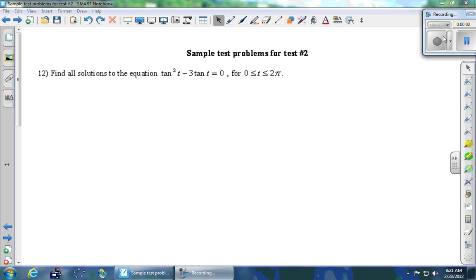This is problem number 12 on the sample test problems for test number 2. Find all solutions to the equation tan squared t minus 3 tan t equals 0 for 0 less than or equal to t less than or equal to 2 pi. Okay, easiest thing to do would be to graph the left-hand side on the calculator,